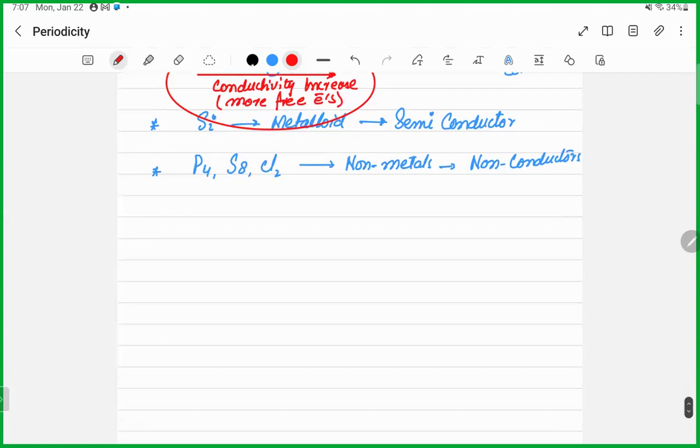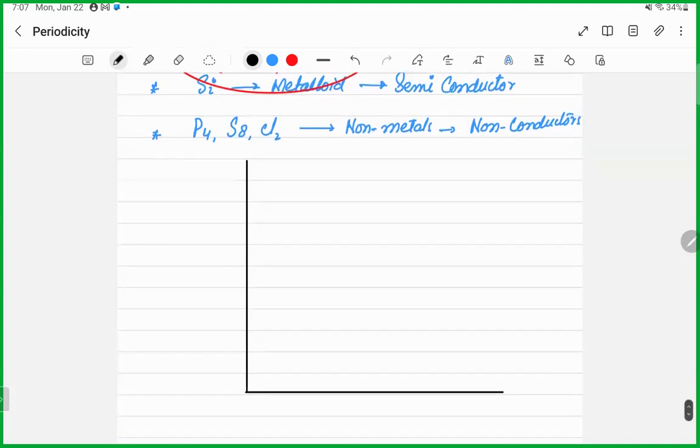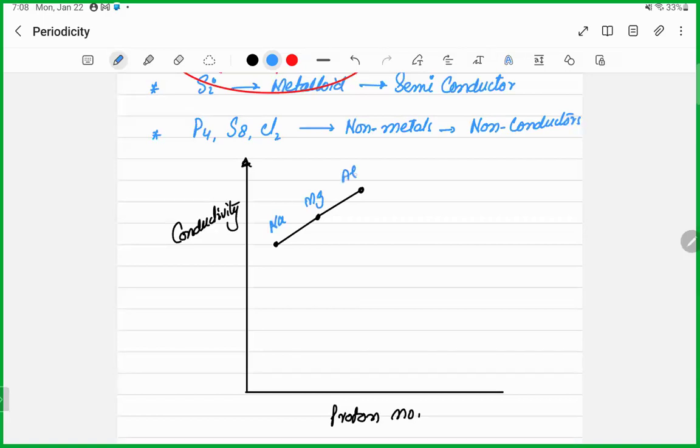ठीक है. So if I draw it on the graph, जनाब, this is conductivity on the y-axis. You can write the proton number on the x-axis. So जनाब, सोडियम से ज्यादा मैग्नीशियम and the magnesium से ज्यादा एल्युमिनियम। ठीक है, सो दिस इज Na with one delocalized electron, Mg, two delocalized electron, aluminum, three delocalized electron, and